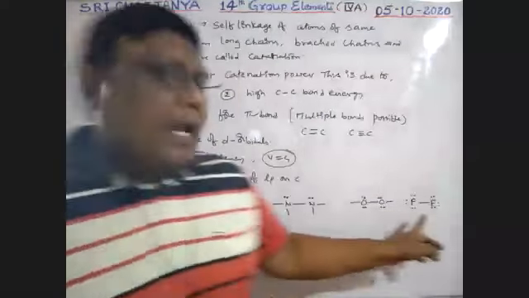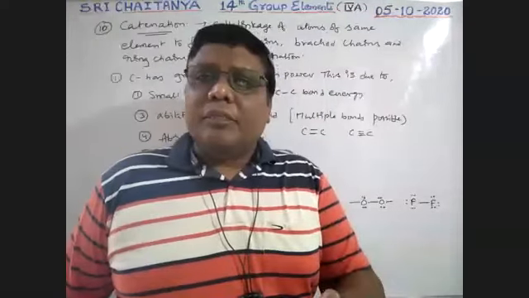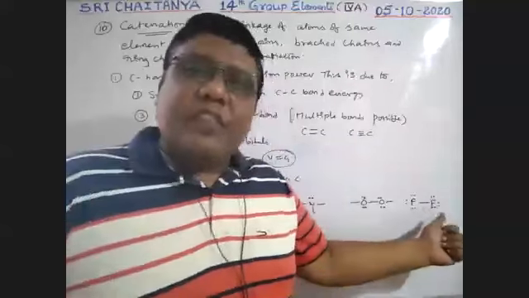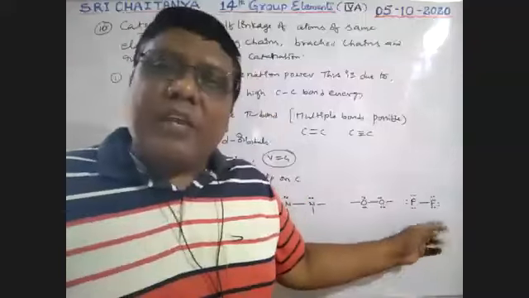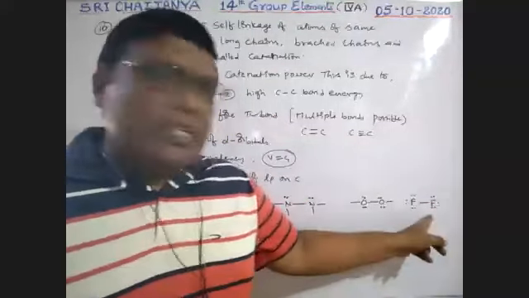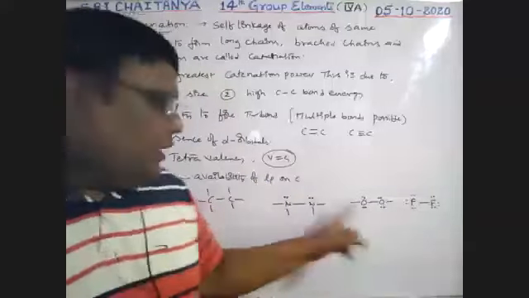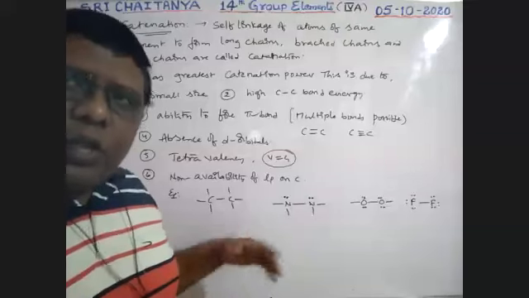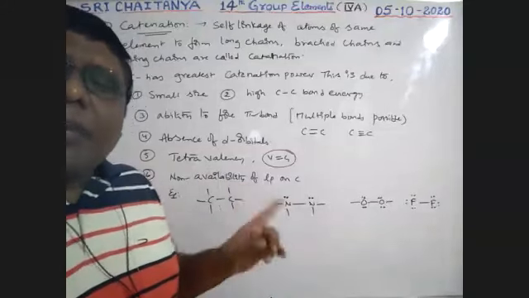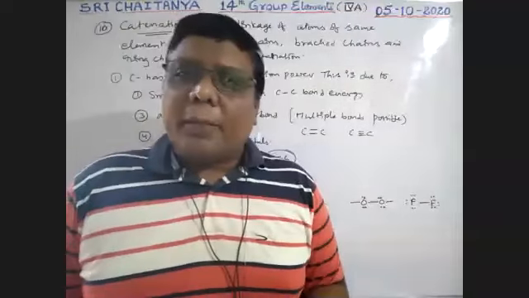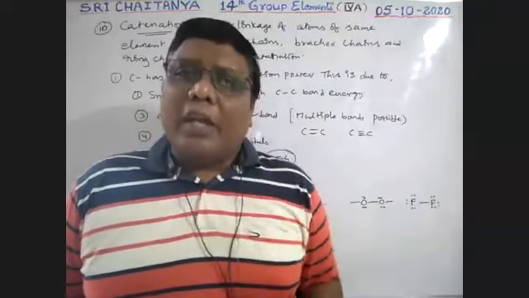See, boys, as the number of lone pairs increases, the repulsion between those lone pairs increases. As the repulsion increases, that bond is weakening. That means this bond has more interelectronic repulsion, more lone pair repulsion, so it is very weak. Next one, next one, likewise. This is very strong, because there are no repulsions. Because of that, the C-C bond is very strong, because of the absence of lone pair orbitals.